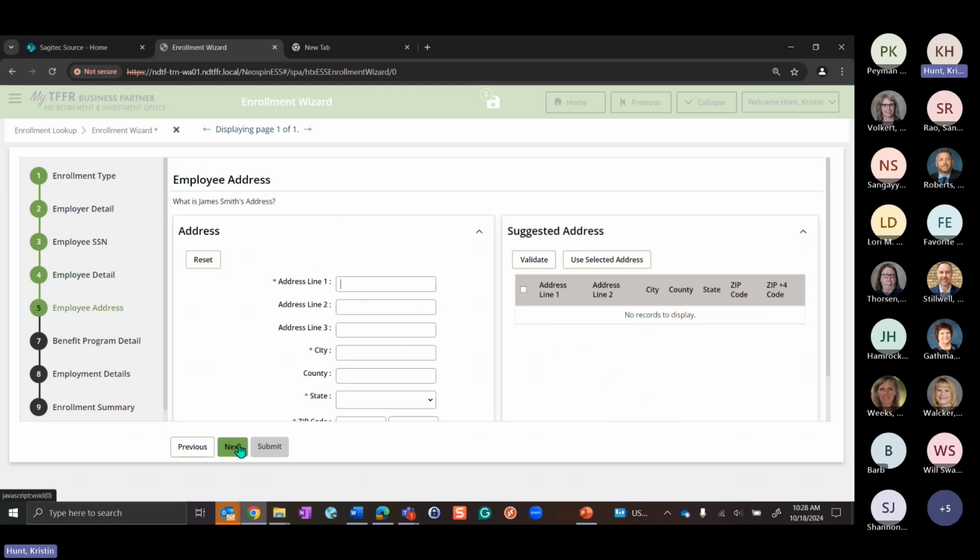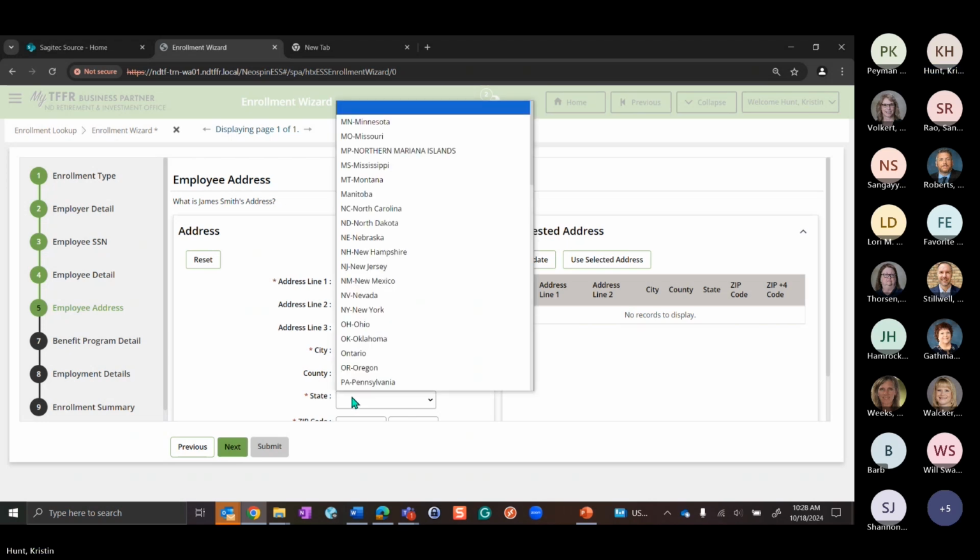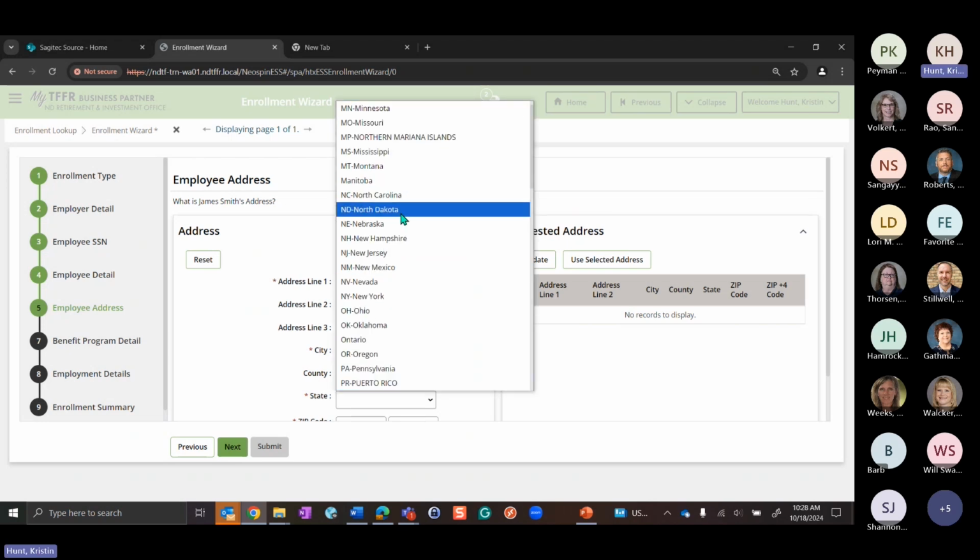So I'll click next. And then that takes me to the employee address where this is where I'm going to enter James Smith's address. And then, you kind of saw me do this before when I was doing the organization.